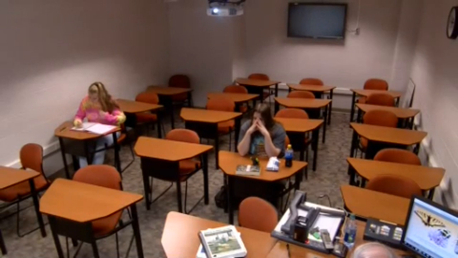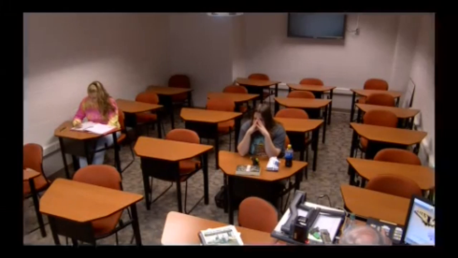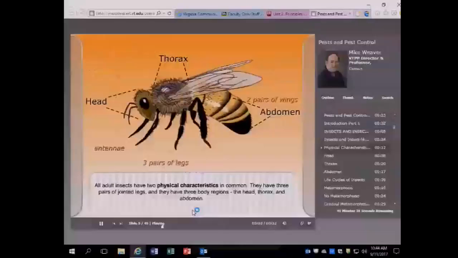About 99% of all insects and insect-like pests have ecological importance, meaning they neither harm or help people, but they're crucial to the food web. The rest fall into categories of either beneficial insects or destructive insects. All adult insects have two physical characteristics in common. They have 3 pairs of jointed legs, and they have 3 distinct body regions: the head,